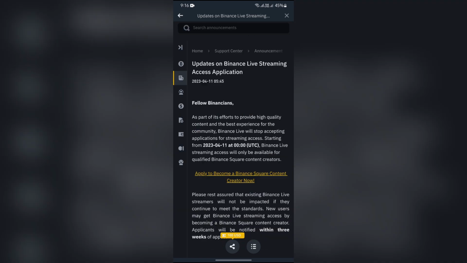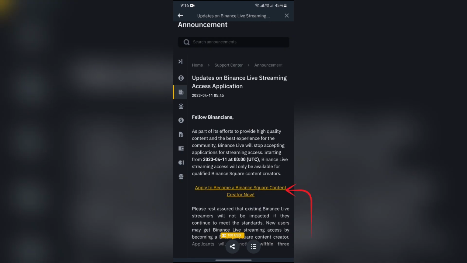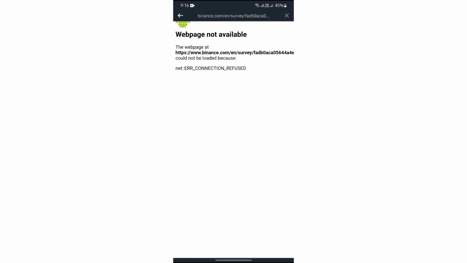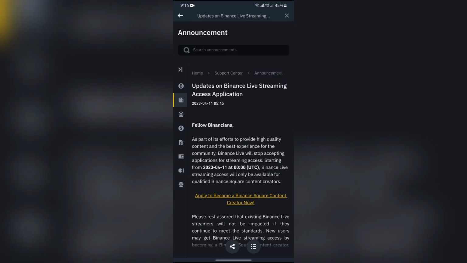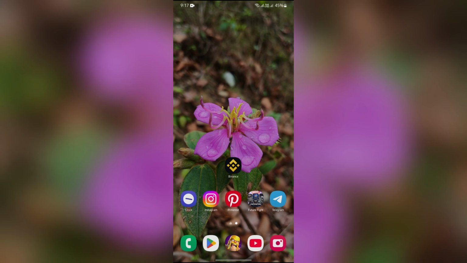Now you just simply have to open this link, apply to become a Binance Square content creator now, and after tapping there, it will lead you to a site if this feature is available in your region. Just tap there and fill in all of the required information about you, which has to exactly match the legal documents that you have registered with Binance, and then you can easily be eligible for streamers in